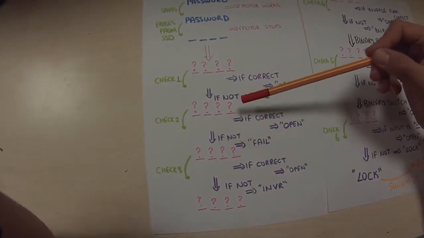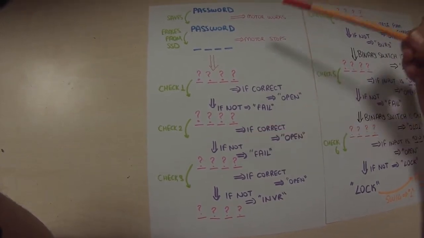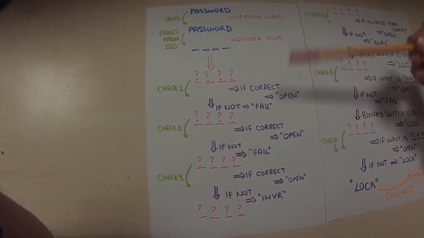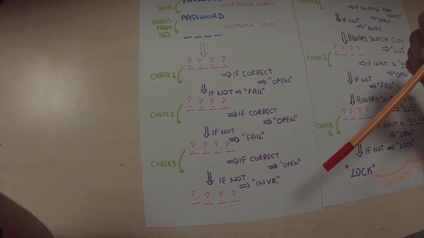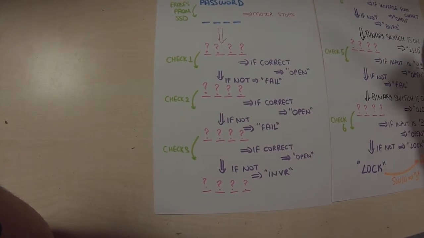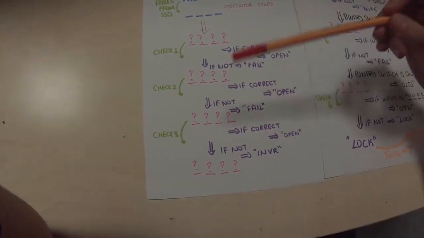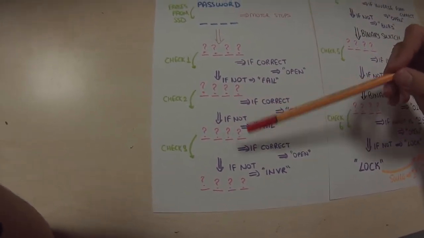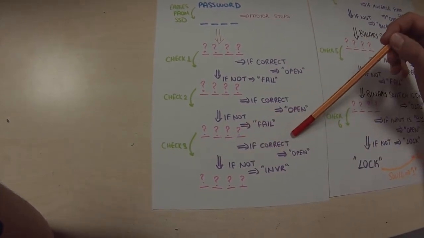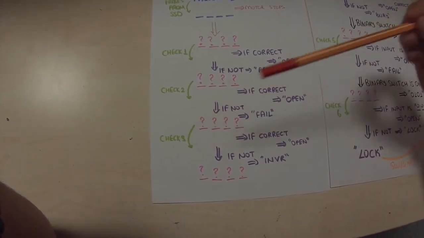In your second chance, you enter another password or the same, and when you open a switch, if it's correct, it says open. But if it's not, it says fail. Again, there will be a third chance to find out what your password is, because the other parts are a little bit different. In your third chance, you enter a password randomly, whatever you want. If your password is correct, it says open, but if it's not, in your third check, it says